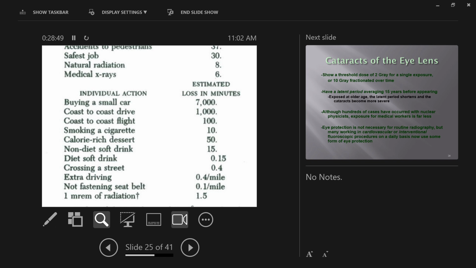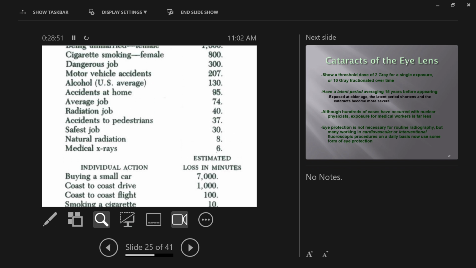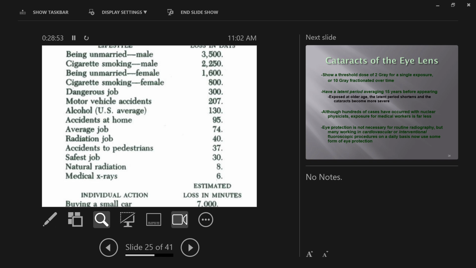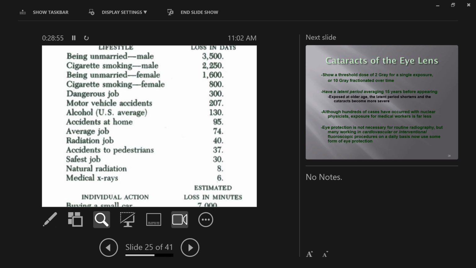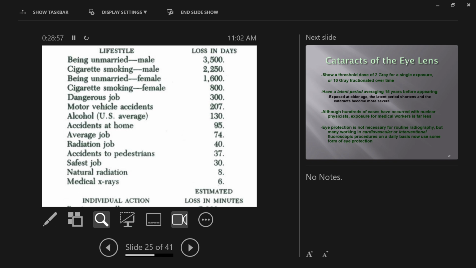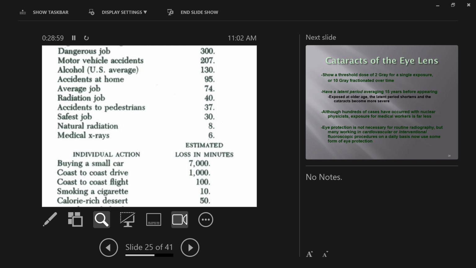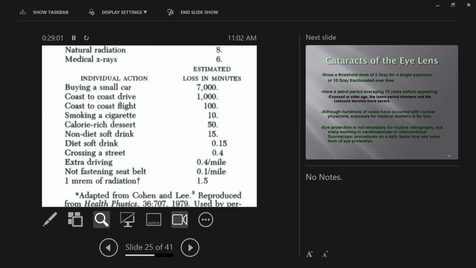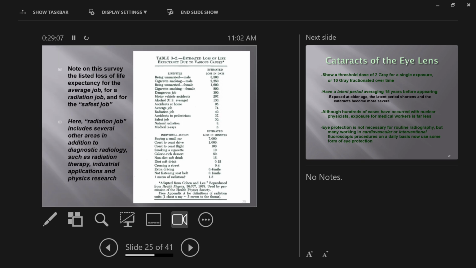Medical x-rays are at the bottom of this list in loss of life in days. There's 6 days, right? Exposure to radiation in millirem is at the bottom of this list in loss of life in minutes. So I think it's an interesting one. So they want you to note that